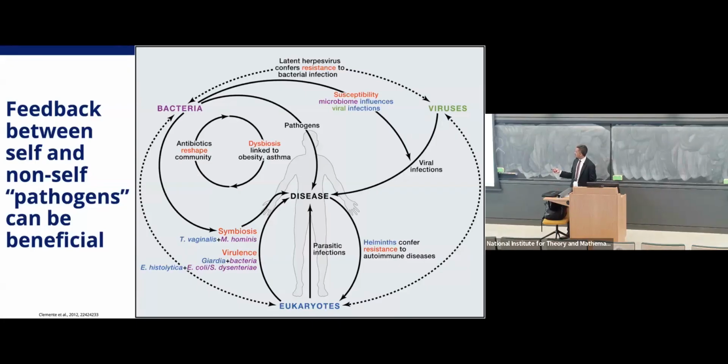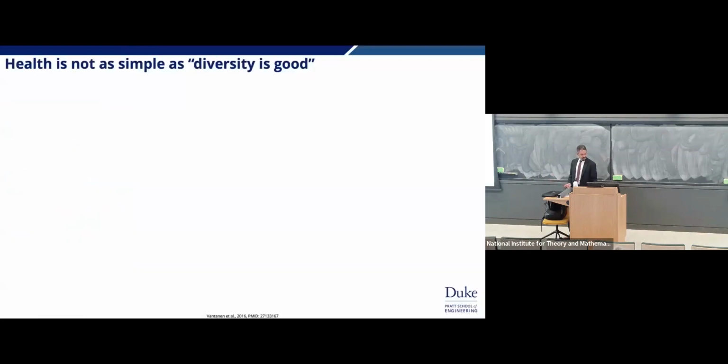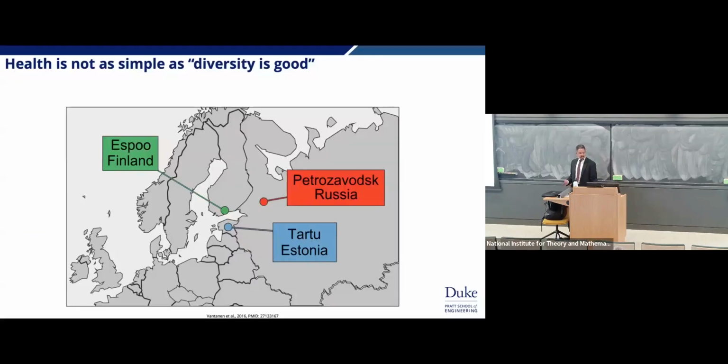So in a disease state, of course, we know that you're going to mount an immune response. But in a non-disease state, if you don't have the right bacterial population inside of you, you may wind up with autoimmune diseases, right? People have done studies on mice that have no bacteria in them whatsoever, and found that they are less responsive and less healthy than mice that have bacteria, right? So your no-biotic mouse versus your biotic mouse. Health is not as simple as diversity is good.